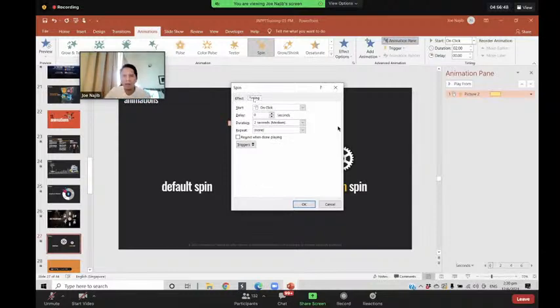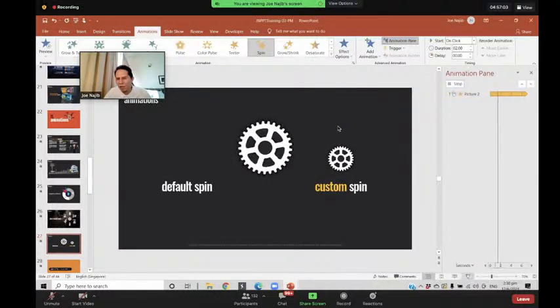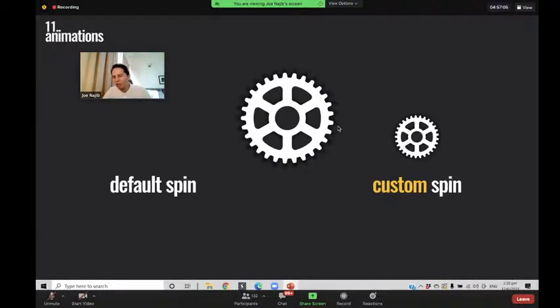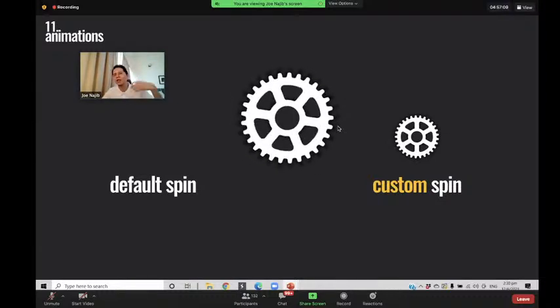So in timing, if you want it to continue forever and ever to spin, under the last option, repeat, by default there's none. So you can just drop it down and select until end of slide. Because that's what it literally means: for as long as you are on this slide, it will continue to spin